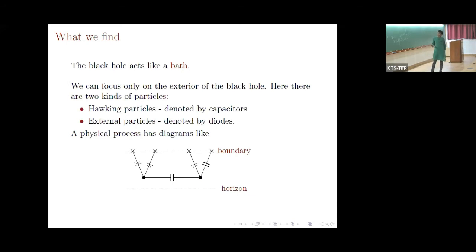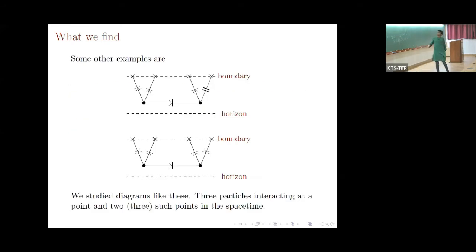So that's one example of a physical process, and you can imagine that there will be many more diagrams like this. There are actually hundreds and hundreds more physical processes that happen like this, which we all calculated, and it was a lot of fun. Some other examples are what I've given here. In the second diagram, for example, you're throwing two pions in and two pions are coming out, and they've interacted with no Hawking physics of the black hole. For those of you familiar with quantum field theory, this is just the usual Feynman diagram, which has not changed in any way. The only change in all of these diagrams is that we have two different kinds of propagators.